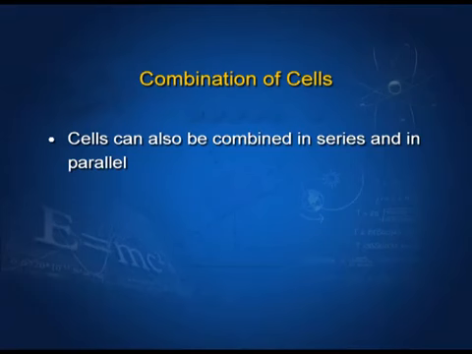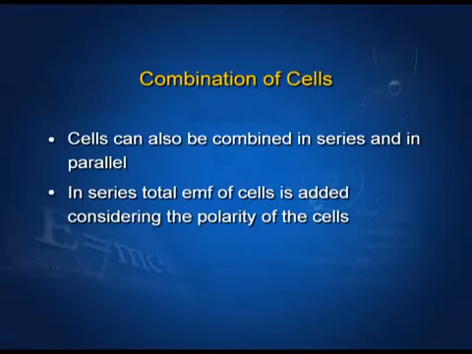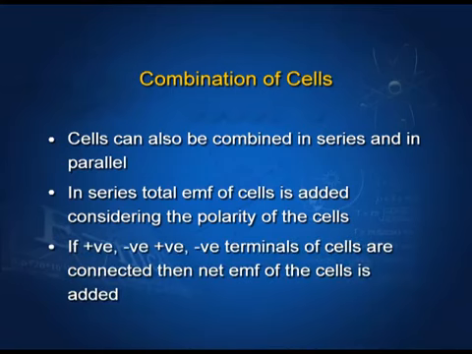Combination of cells. We can combine cells in series as well as in parallel combination. As we know, every cell has a positive and a negative terminal. In series, if we combine a given number of cells, then the total EMF of the cells is added considering the polarity of the cells. That means, if we combine cells with positive to negative terminals, then the net EMF of the cells is added. If we have a certain number of cells having EMF say E1, E2, E3 and so on up to En,